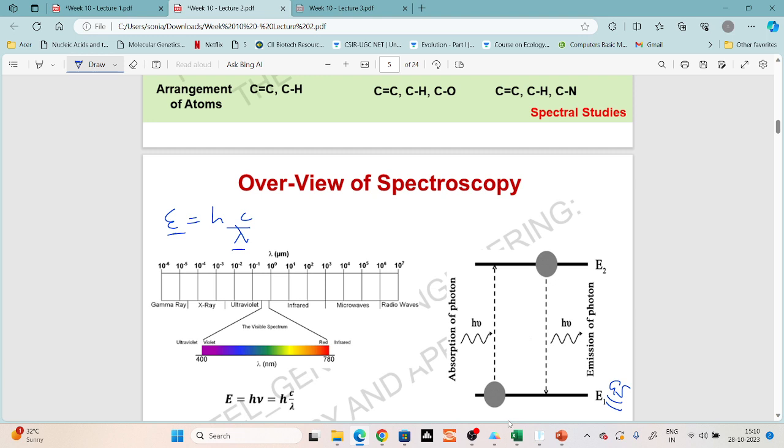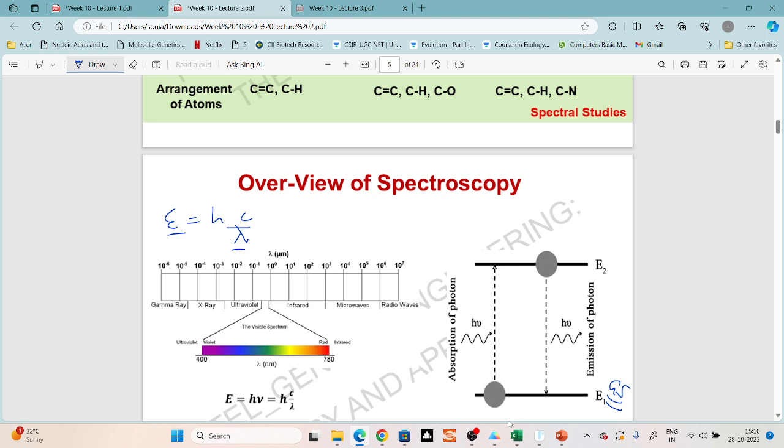Let's say any electron or molecule absorbs energy. Energy is in the form of packets, if you have studied in class 11th chemistry. So it absorbs a packet of energy, a photon, and then it goes to a high energy state,